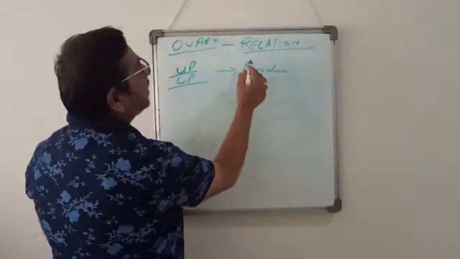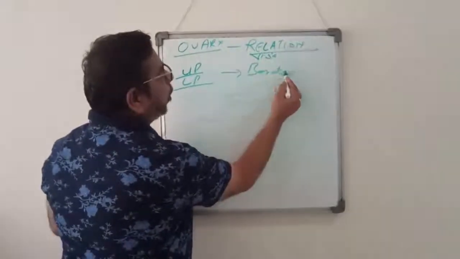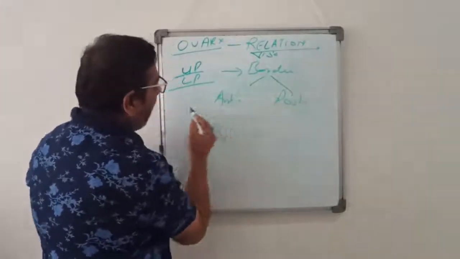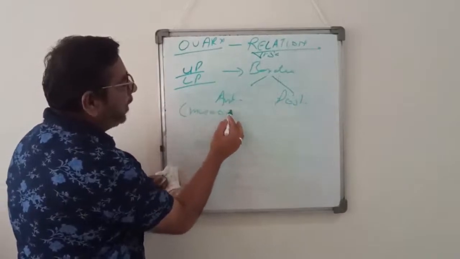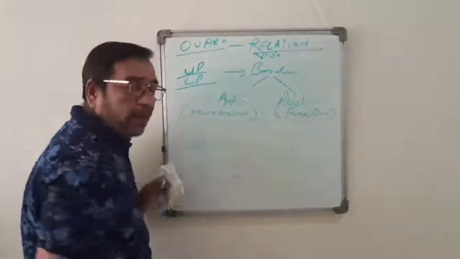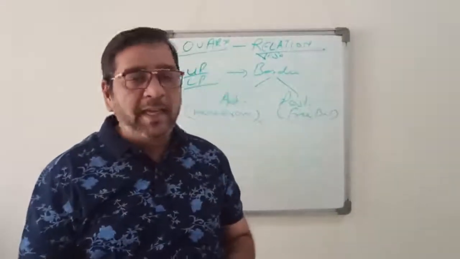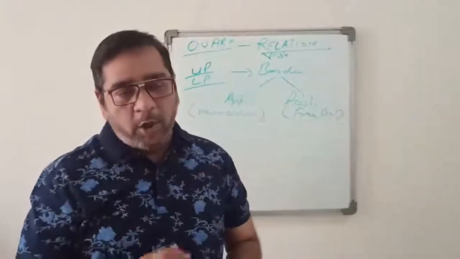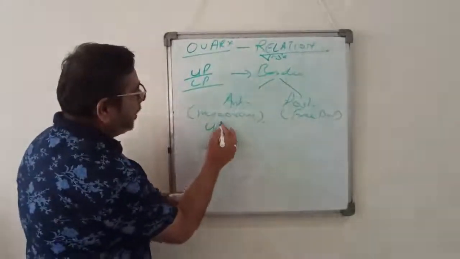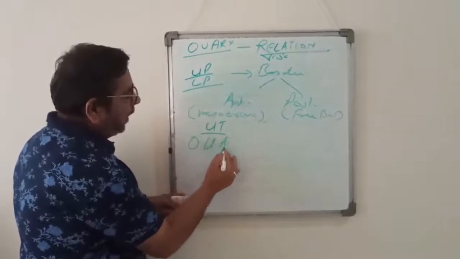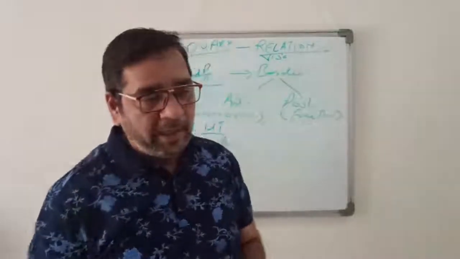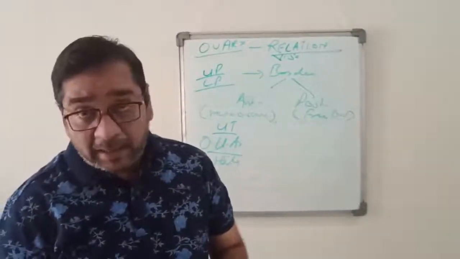Relations, visceral, of the border, which is two, the anterior and posterior. Anterior border is called as meso-ovarian border and the posterior is called as the free border. Okay. So the relation of the anterior border is again uterine tube, obliterated umbilical artery and the hilus. And the posterior border is related to the uterine tube and the ureter.